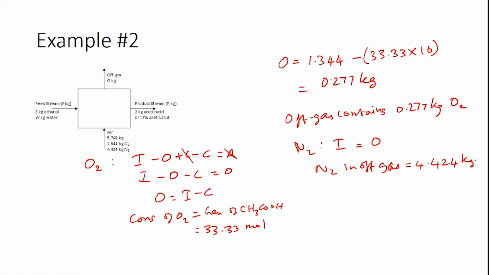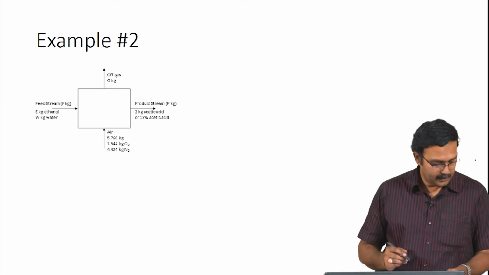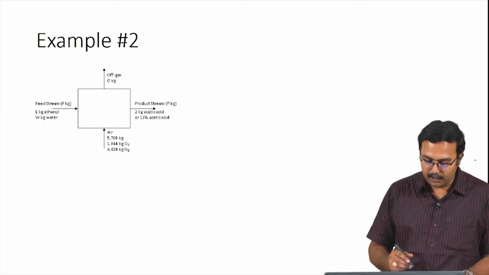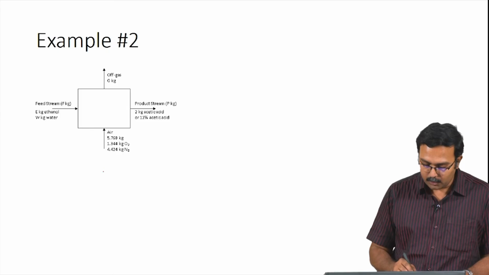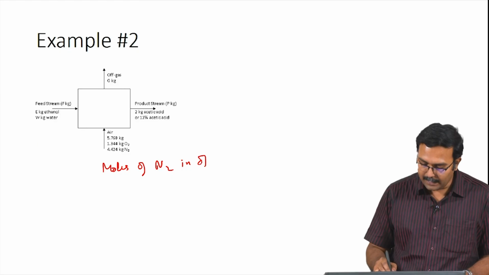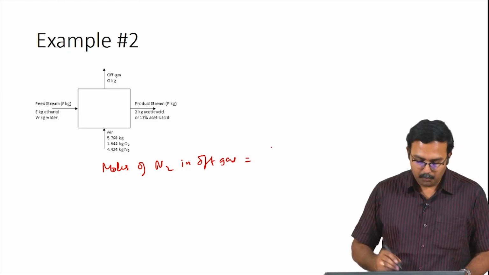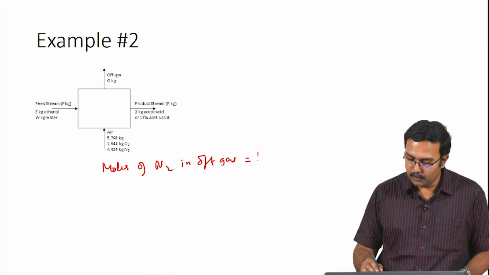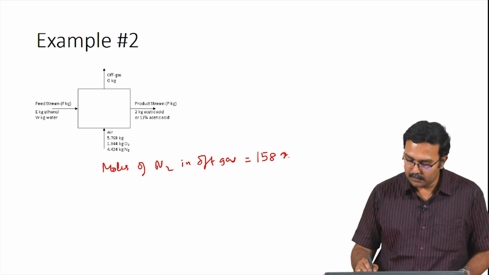Now that we have the masses of nitrogen and oxygen, we would have to calculate the composition of nitrogen and oxygen. That we can either calculate as mass fractions or mole fractions. Considering it is a gas, the more appropriate way would be to calculate these as mole fractions. So, what we can do for that is convert the mass of oxygen and nitrogen to moles. Moles of nitrogen in the off gas would be equal to 158 moles,